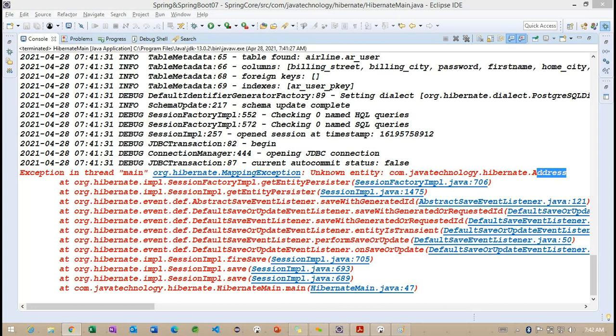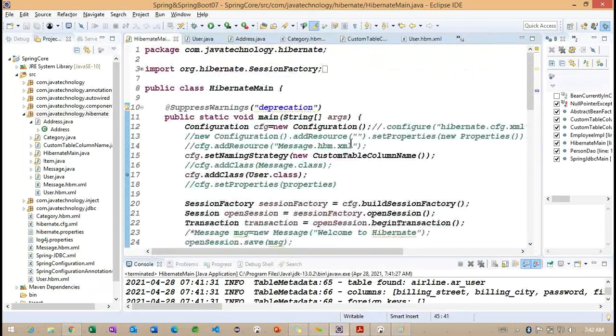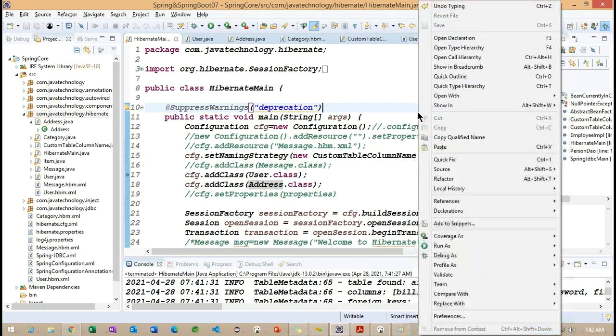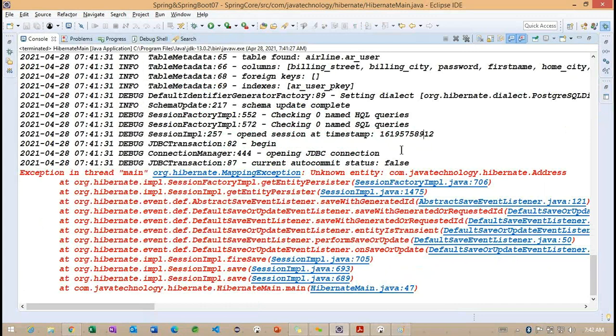Now you need to understand where we missed something. We missed something inside this particular configuration class. If I add cfg add property, something called address, what happens internally?